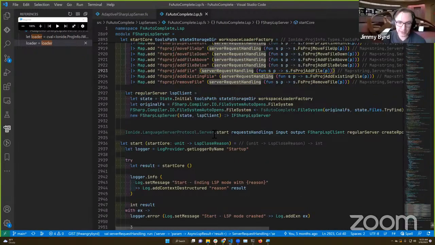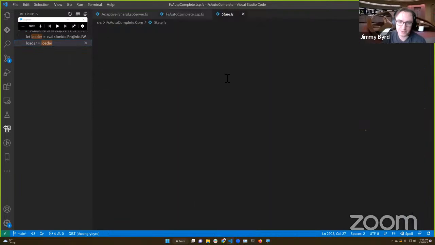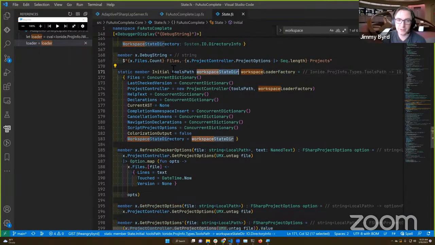So if we actually track where this workspace loader is, let's go into the state object. We have this idea of a state FS file, and this is supposed to track all the changes and what the current state of things are.